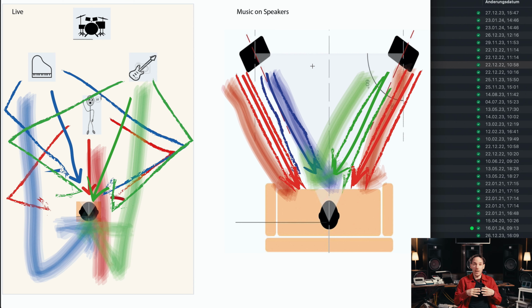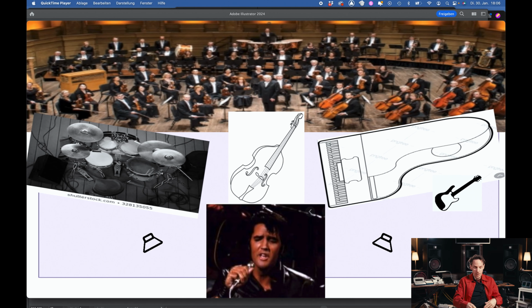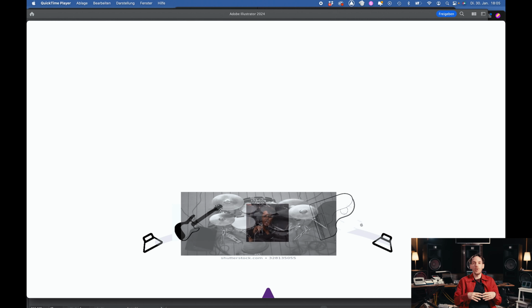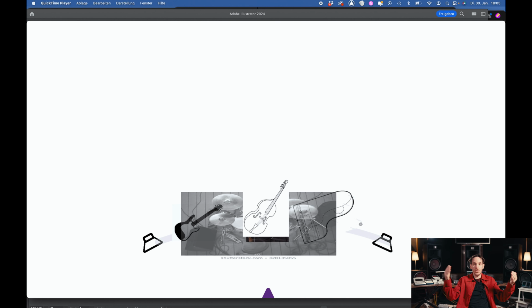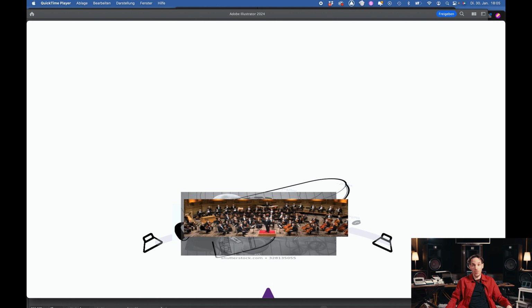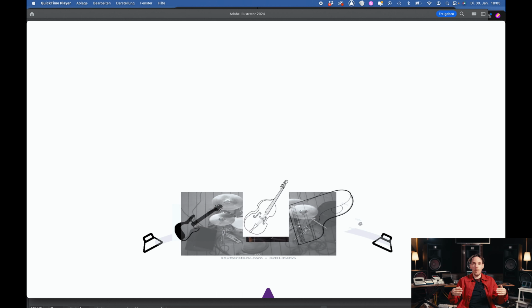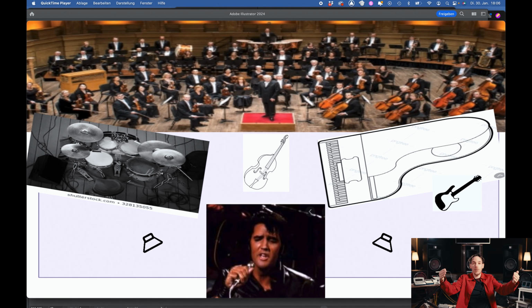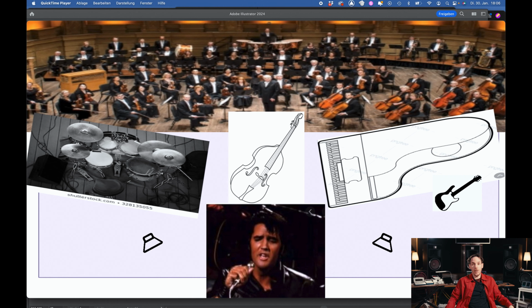And this is again why it's so important to create the illusion of a real staging, because what we see here, music on speaker, is exactly what we don't want to hear. We don't want to localize the speakers, but that's exactly what happens in a bad or not so good mix. While the music is given to the loudspeakers, we have paper membranes that are basically swinging, and if the mix is not great, we localize the speakers, and then at the end our mix can only sound small, because it's only big if you get the sounds behind the speakers. This is really all the magic.